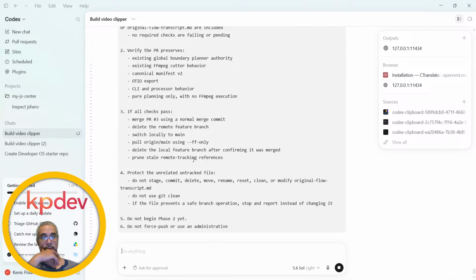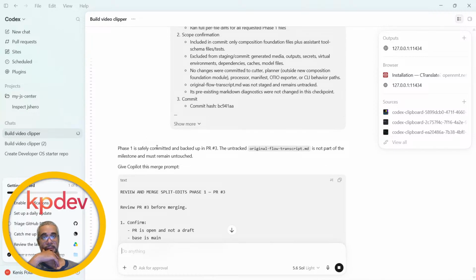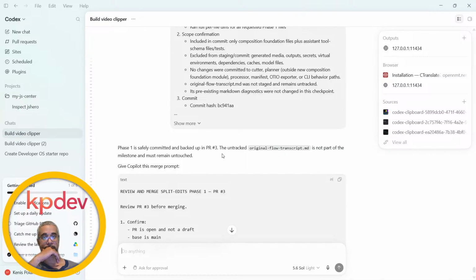Okay, so let's see what he says here. Phase one is safely committed and backed up in a pull request. So this is the pull request, and it's number 3. Okay, the untracked original flow transcript file is not part of the milestone and must remain untouched. So we're gonna give Copilot this merge prompt,